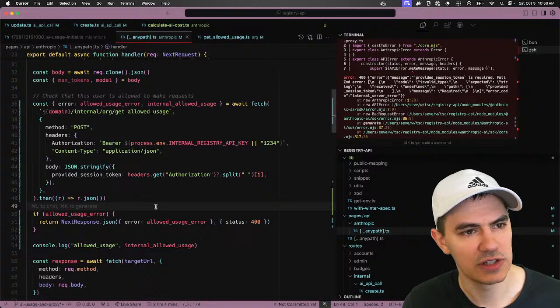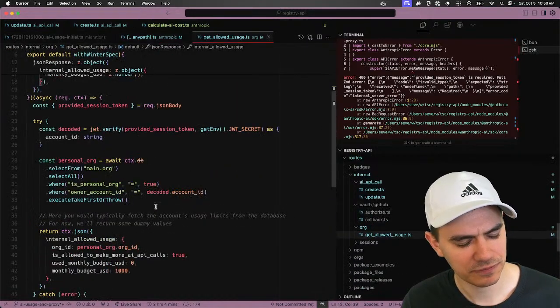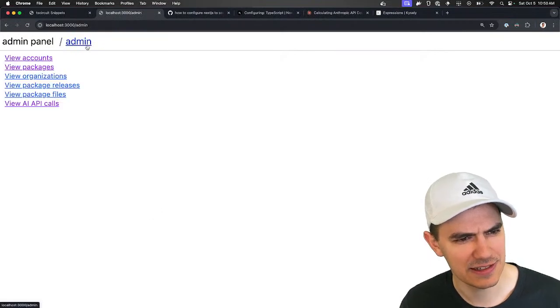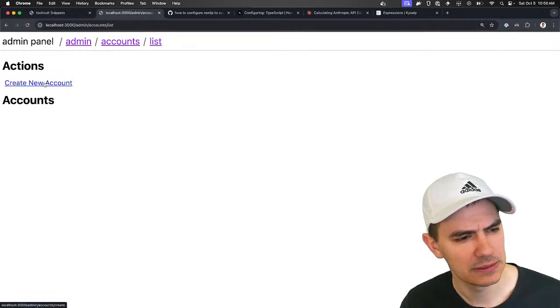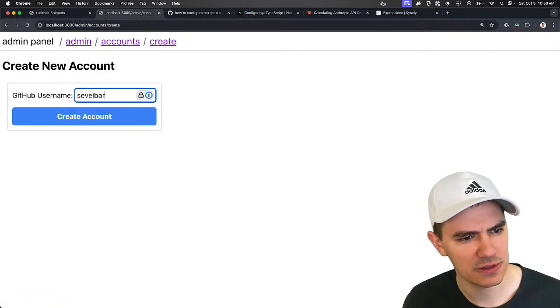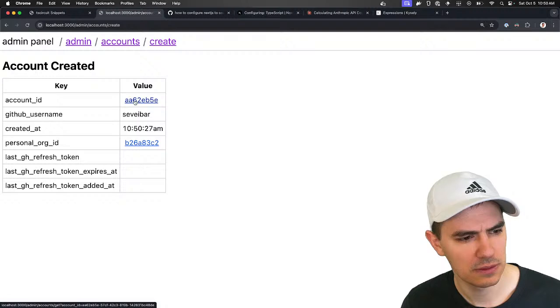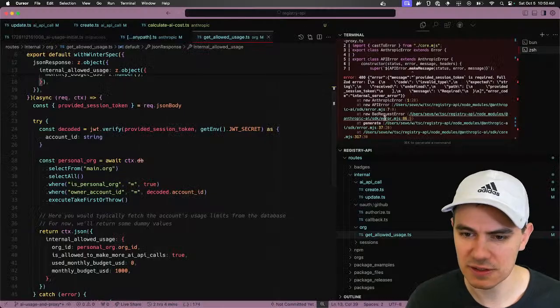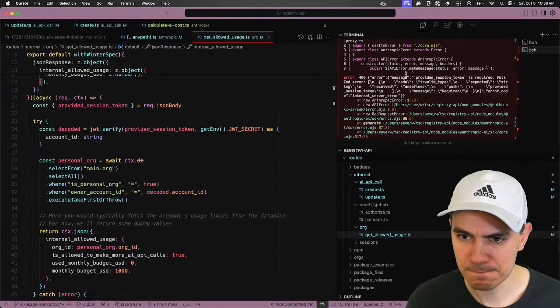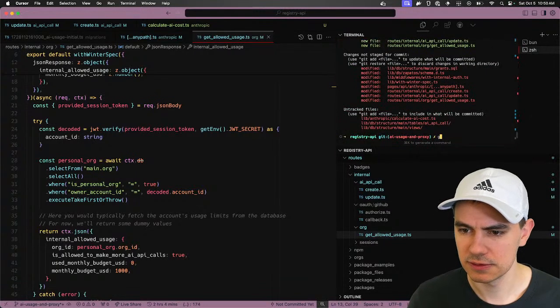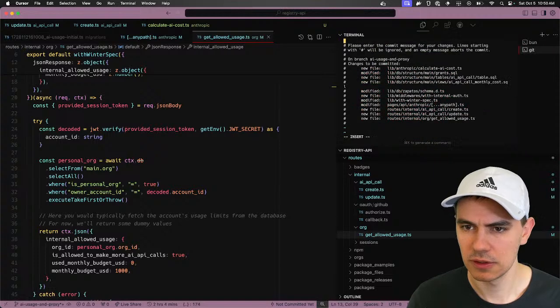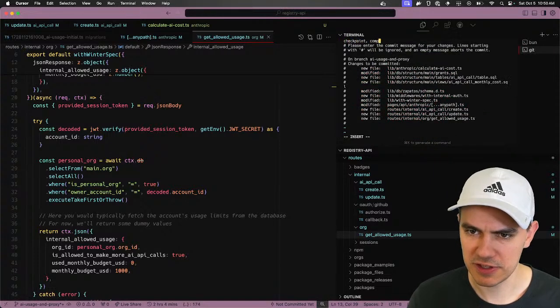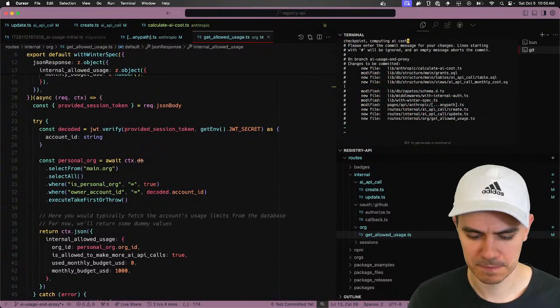Nice. So now we just need to give a session token, which means I need to get a session token, which means I need to have an account. Can I create a session token? I don't think I can create a session token very easily. All right. Checkpoint, computing AI costs.